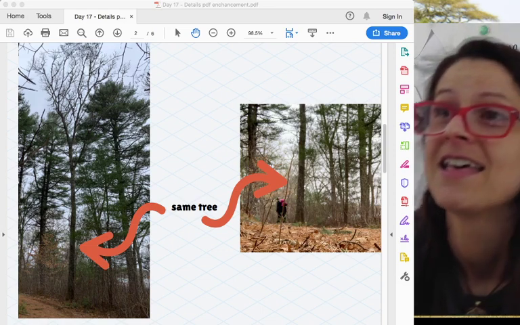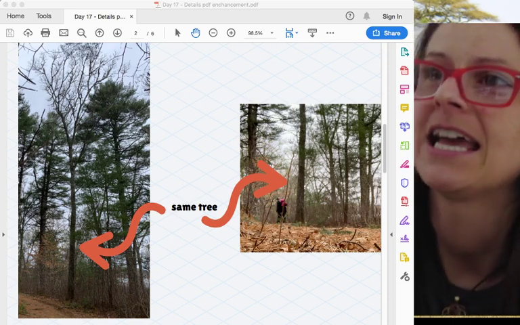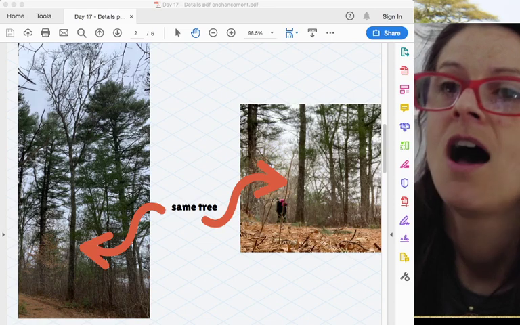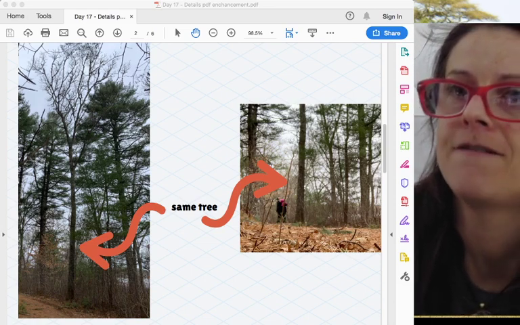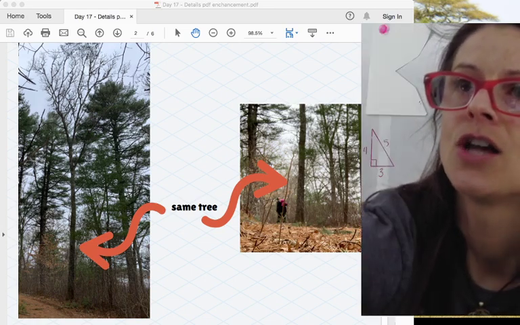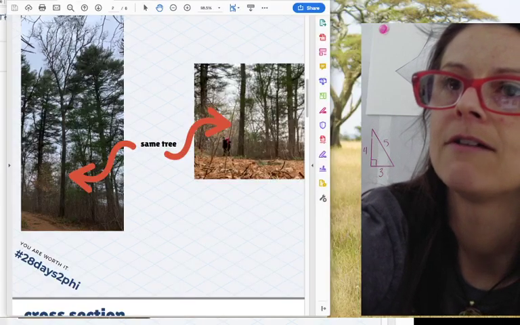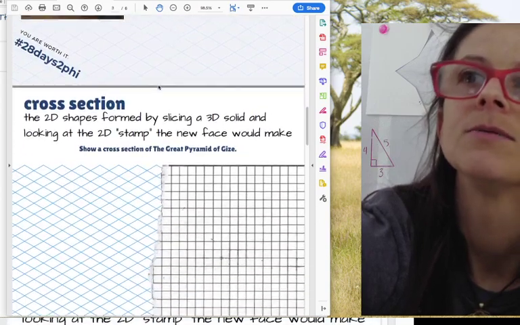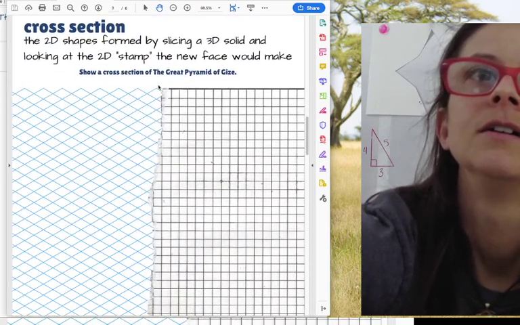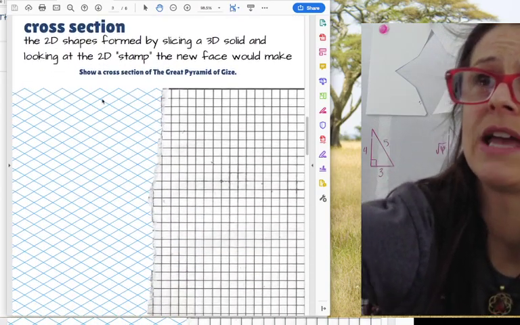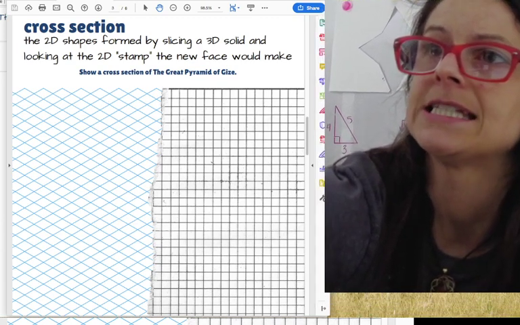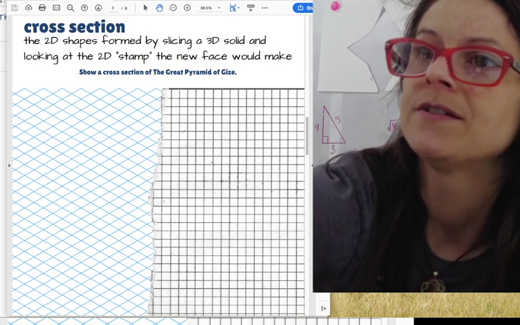So let's go ahead and get started today looking at the details. We want to look at the details of a pyramid to help us understand phi a little bit better. All right. So if you were able to look at the enhancement for day 16 yesterday, you would have seen